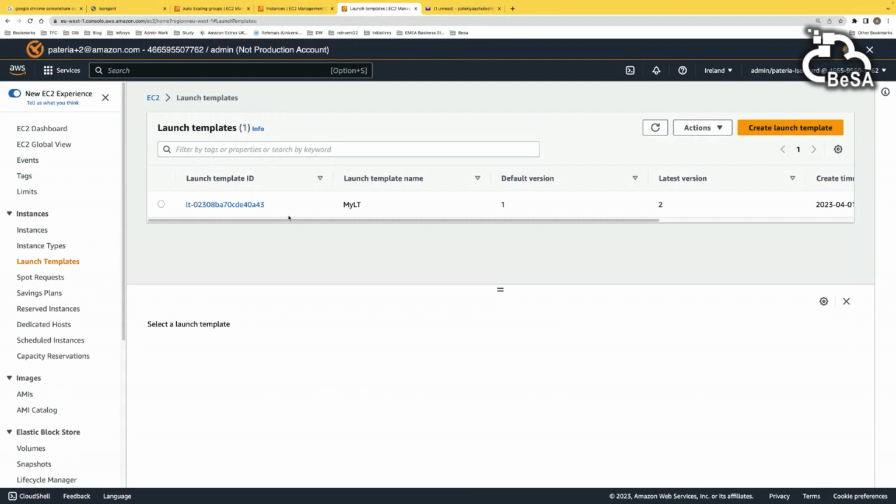So this is where this mutable feature comes into the picture: based on the requirement changes, you can modify and version control your launch template. So you don't have to start from scratch. You can use the old launch template, modify it, and refer to this launch template in the EC2 auto scaling group, right? So this is the default version. This is the latest version. You can change it, right?